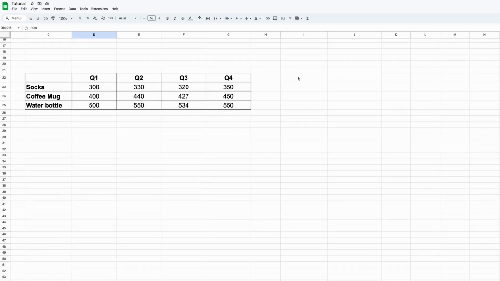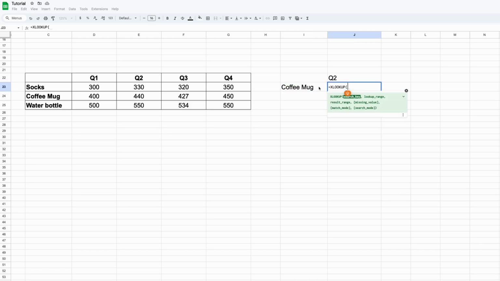We can use Nest XLOOKUP to do a two-way search in vertical and horizontal. Let's say we have a sales table here. We want to retrieve the Q2 sales of coffee mug. The first XLOOKUP will be using coffee mug as search key. Then we choose the search range. For the search result, we put another XLOOKUP formula